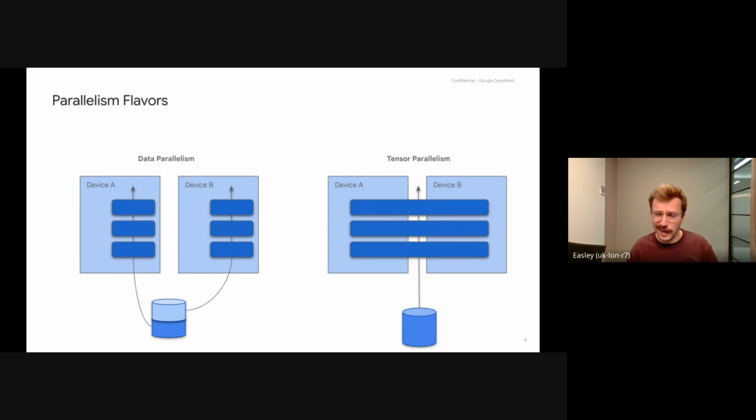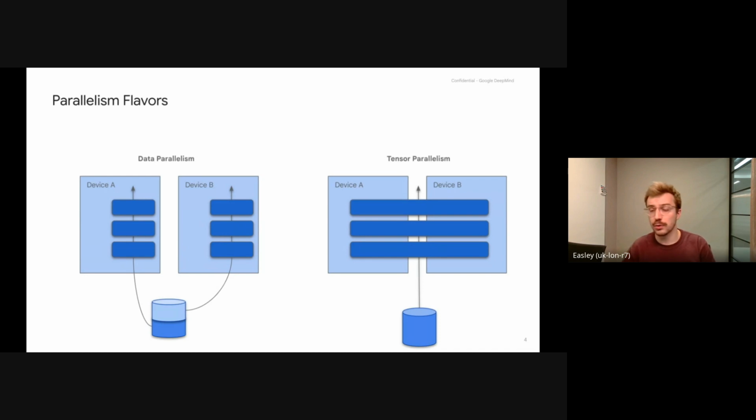There are many flavors of parallelism. If I want to generalize, two big flavors would be data parallelism and tensor parallelism. Data parallelism is how you can distribute your compute to process more data at the same time. For example, I have two devices, device A and device B, could be two different GPUs, usually the same hardware type in order to get the same speed. I take my batch of data, which is a huge batch, and divide it in two, first half and second half, and give each half to our model in order to process twice more data across two different devices.